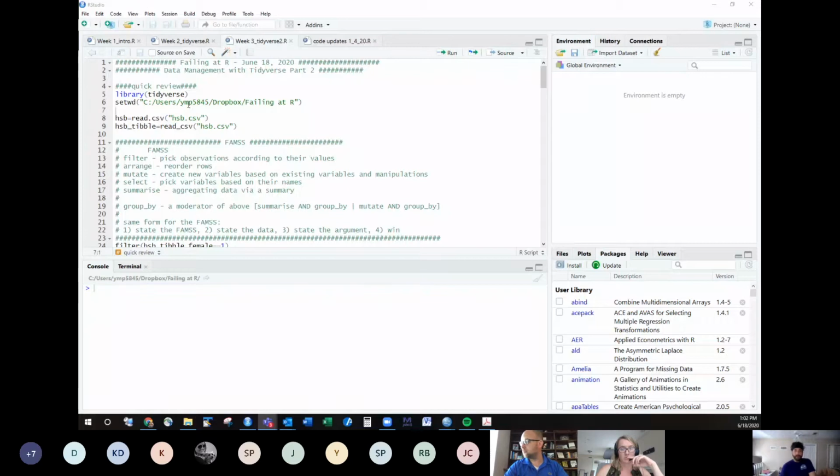So as a quick review from last week, we started talking about tidyverse through 3 primary functions, talking about using filter to be able to choose observations in your data, arranging, which can be used for sorting variables, mutating is great for creating new variables and doing data manipulations, using select allows you to pick variables based on their names,